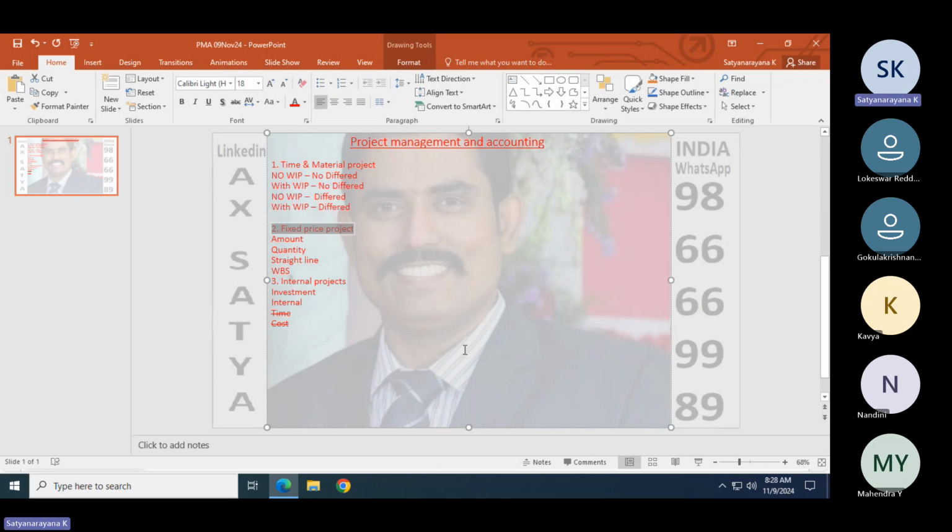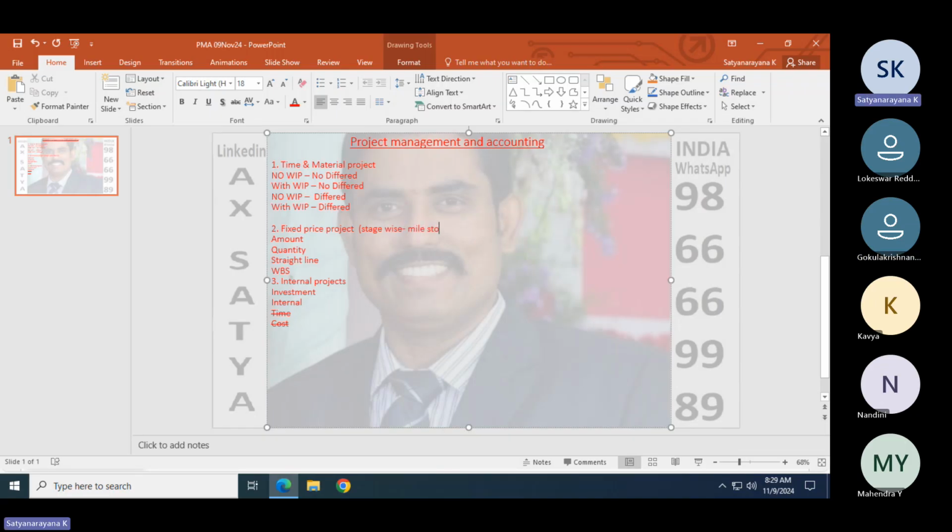That is called milestone billing. In the system, it is called milestone billing. Stage-wise or milestone billing? In general, we use the word stage-wise, but in the system it is called milestone billing.